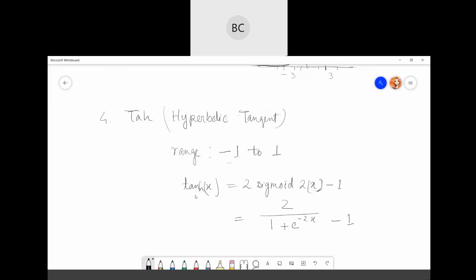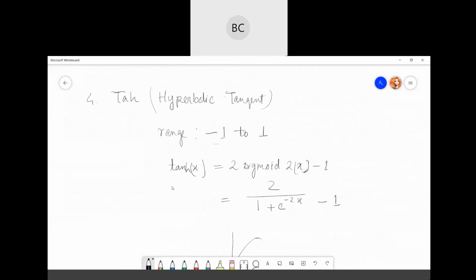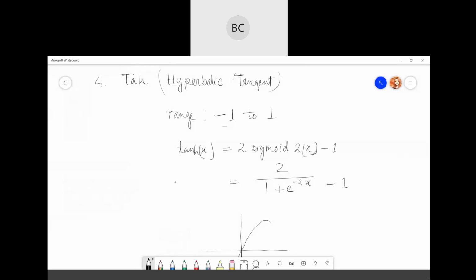So the graph for the tanh function will be just like sigmoid, just that the range is from -1 to 1. This is your bipolar sigmoid function. Another name you can see somewhere is the bipolar sigmoid.